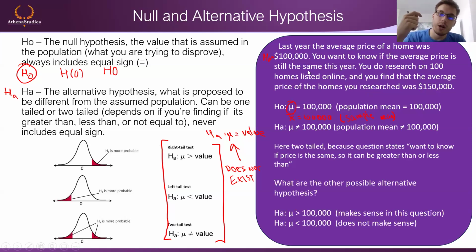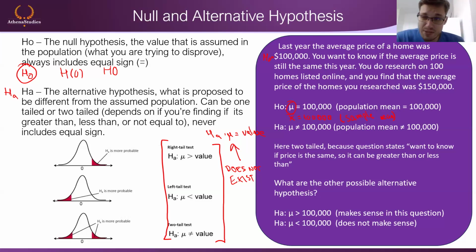All right. So what are the other possible hypotheses in this case? Alternative hypothesis. We can see here we have the other two where we can test whether or not this mu is bigger than 100,000 or less than 100,000. Now, here in this question, we could put that mu is bigger than 100,000 as well. Okay? So if you're thinking about it, it can work as well. So it's down to you what you want to do, right?